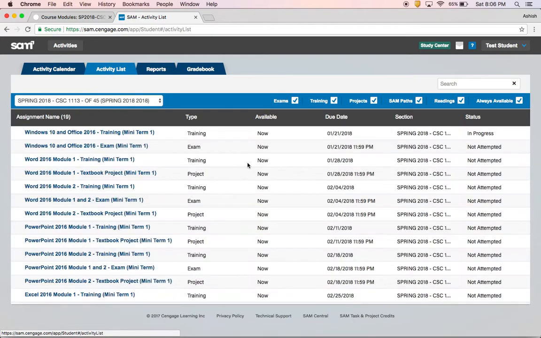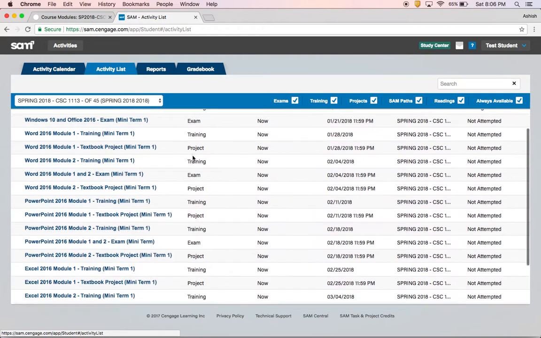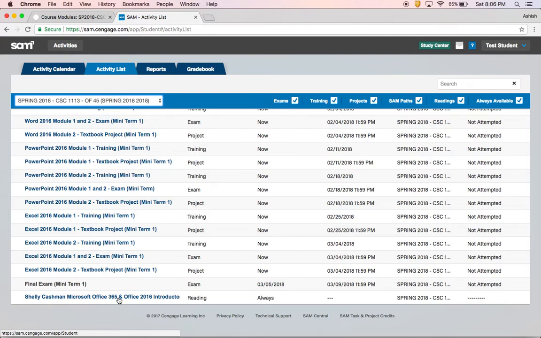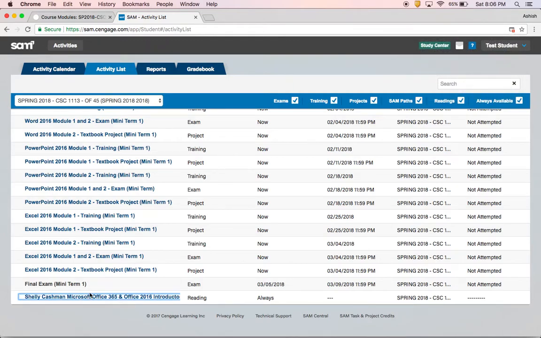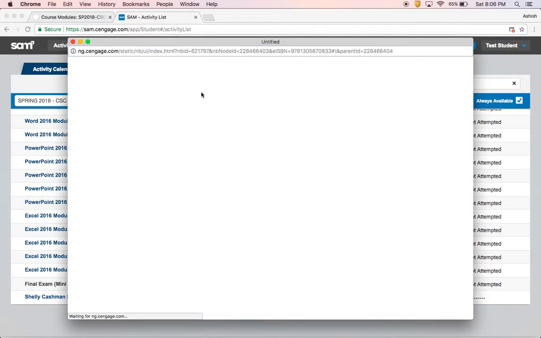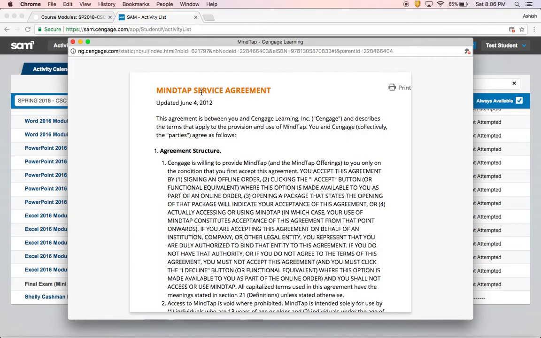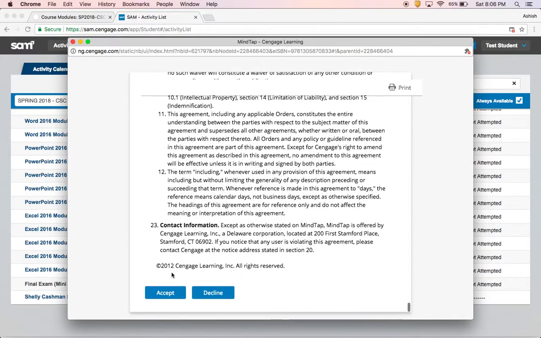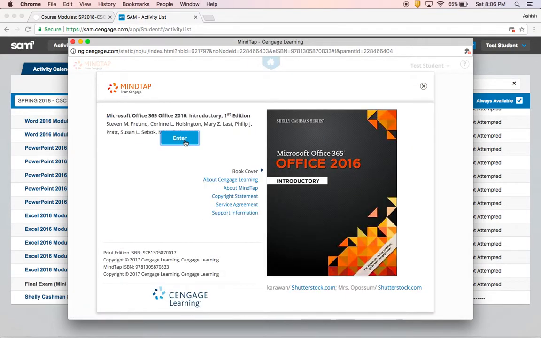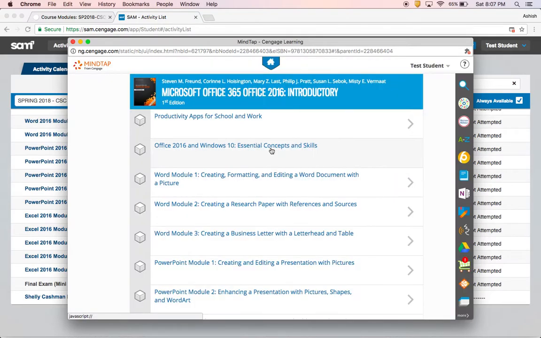And by the way, folks, you also have in the very bottom a link which is the ebook. This is the ebook for our course, and you must unblock your pop-up because it will not launch otherwise. So I'm just going to unblock and I'm going to launch the ebook, which is going to come shortly. And this is the book we are using. The first time you just need to accept the terms and conditions as I'm doing at the very bottom. Click on enter button, click anywhere on your screen, and here is the book.